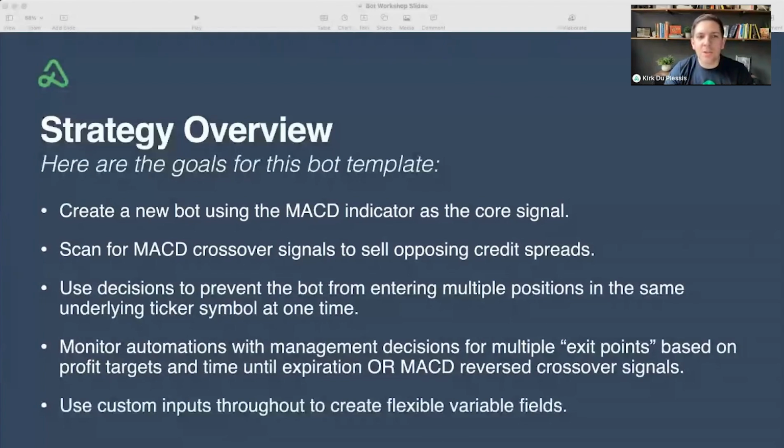Then we're going to use some decisions to prevent the bot from entering multiple positions at the same time in the same underlying ticker symbol. And then finally, we're going to use some monitor automations with a lot of different management decisions for multiple exit points. The goal for me is to get a very simple bot template out there, and then you guys can